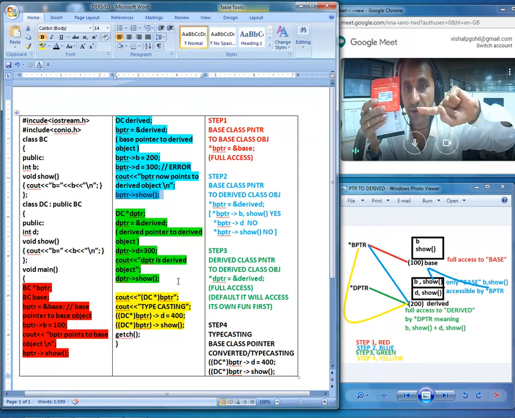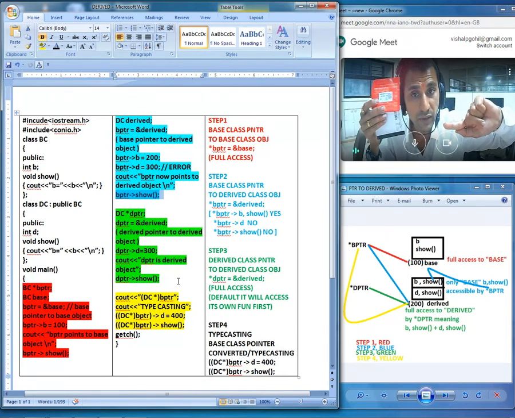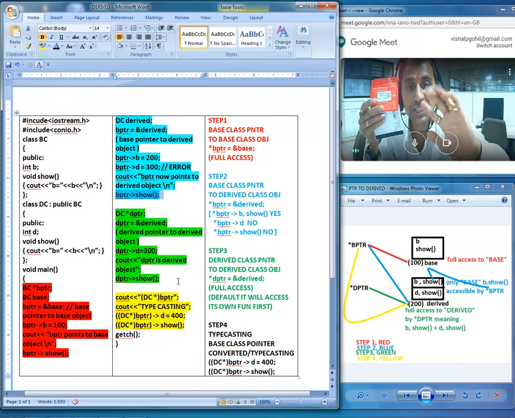That means it can have access to the b variable, the d variable. It can have access to both show function copies. As you know, the base class pointer is now converted into a child class pointer. That means by default it will access the show function of the child class only.